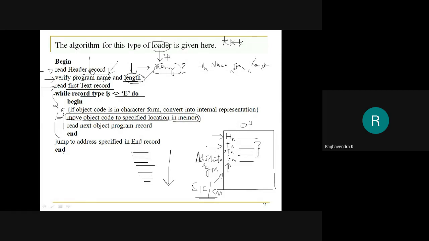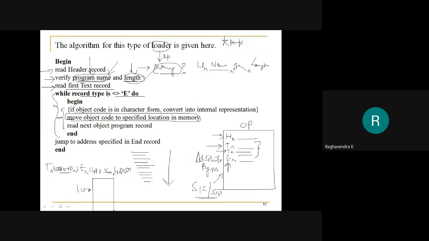For example, if my text record was something like this: T 001000, length 1E, and the first instruction was 141036, second was 481039. Assume that this is memory, and this is the starting address 1000.